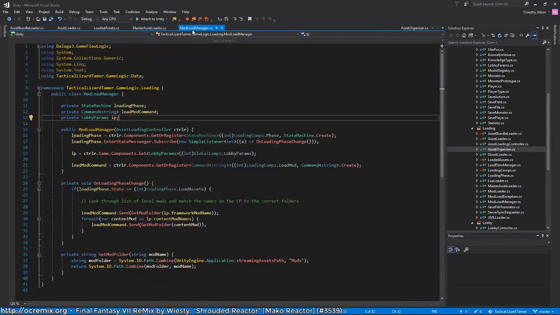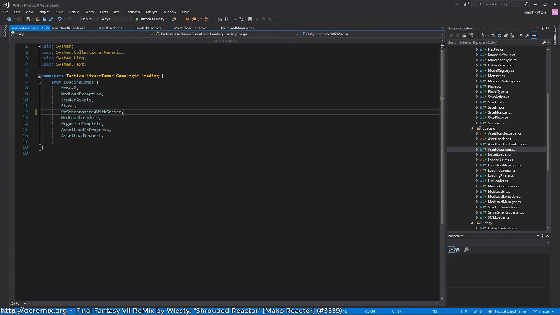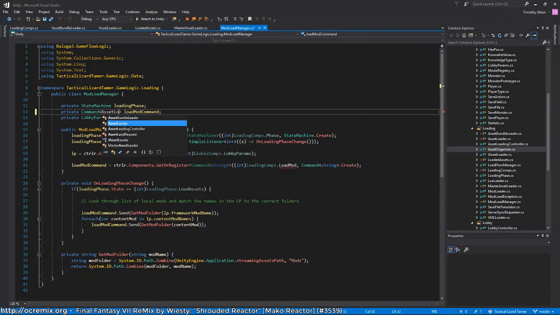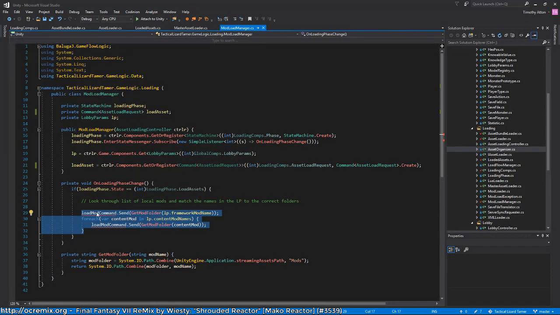that's it. So here the mod load manager is now, instead of calling these the load mod, this won't even have this. Yeah, we can get rid of those three. Well no, I guess we'll still have the mod load complete. Instead of a load mod command, it will have asset load request load asset. Okay. So we'll still need to do this, but